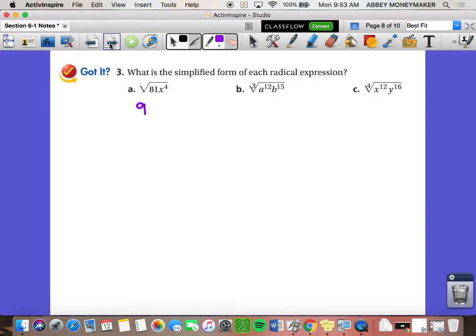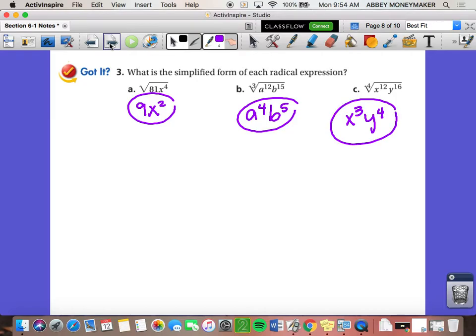This would give us 9x squared. This would give us a to the 4th, b to the 5th. And this last one would give us x cubed y to the 4th. Again, all I'm doing is dividing that exponent by my index. Okay. If y'all want to practice another one, I can make one up here of,